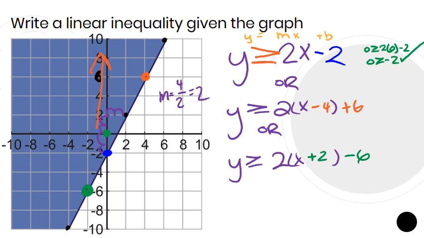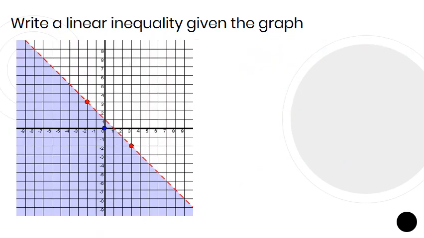So key things, start with what you know, the slope, the intercept or point, then determine your inequality sign. All right, let's take a look at one more. In this particular case, the key information I need to start with is my slope. If I take a look, it looks like my slope is down 1, right 1, so that would mean it's